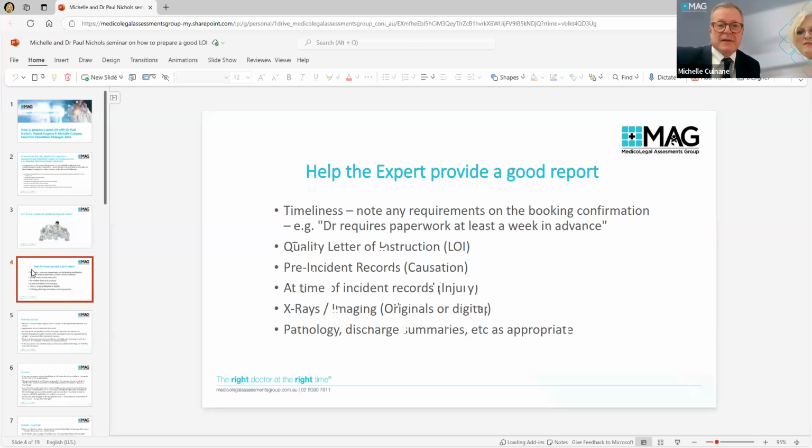But we could go back there. Now we've got the important issue of the pre-incident records. This is one of the weaknesses of most LOIs and most bundles of evidence, is that there has been no effort made to get the pre-incident records. Now, sometimes there won't be any, of course, because the patient's never seen a dentist before or an eye specialist before or whatever. But you have to make the effort to discover whether they are, and that's simply a matter of asking the claimant, have you seen a dentist before? And if they have, then you must search for those records.